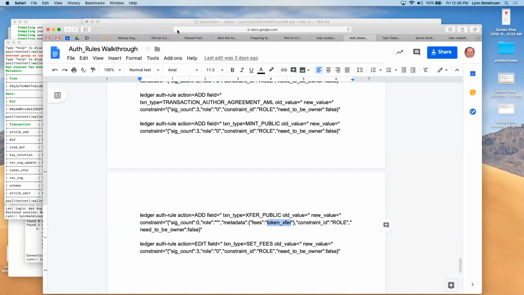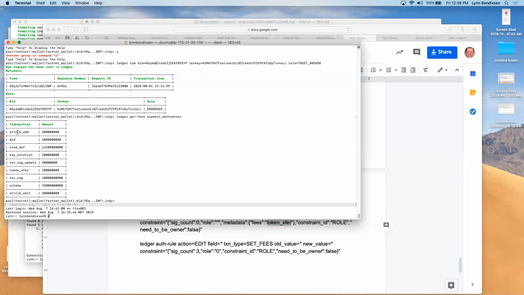There's eight or so different fees, and I decided to make an alias for each one of those different fees for our purposes. If you want to match what's on the builder net right now, you'll use the same aliases, and you can use that same file that I just showed you, the one where you could batch run all those Auth Rules commands, and they kind of go together. This is actually a different network. This is the staging net, but it matches what's on the builder net.